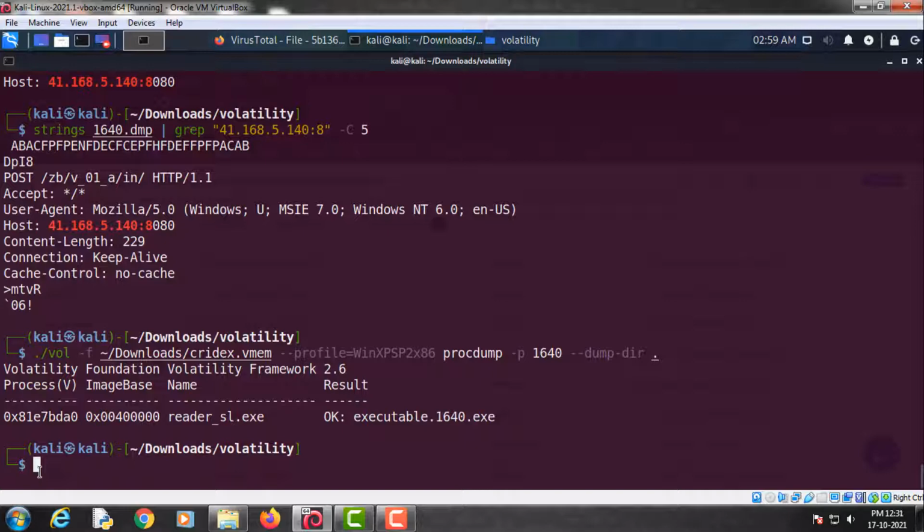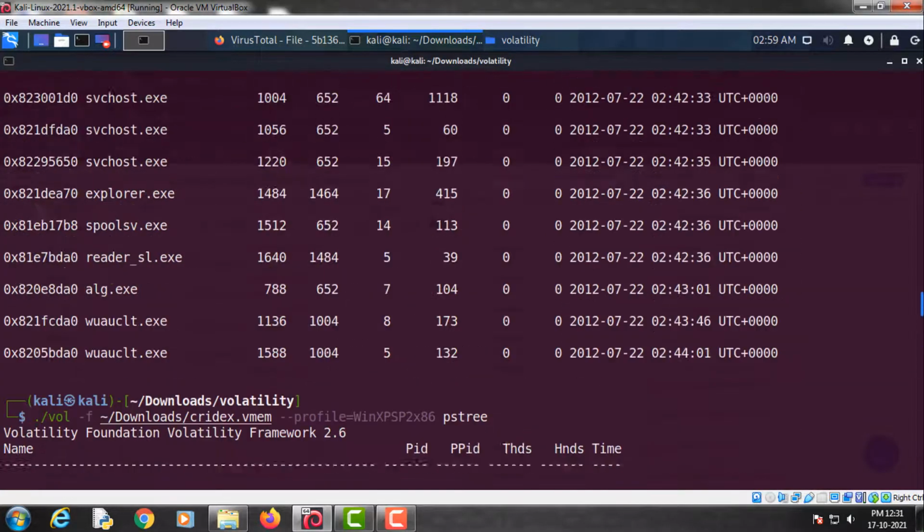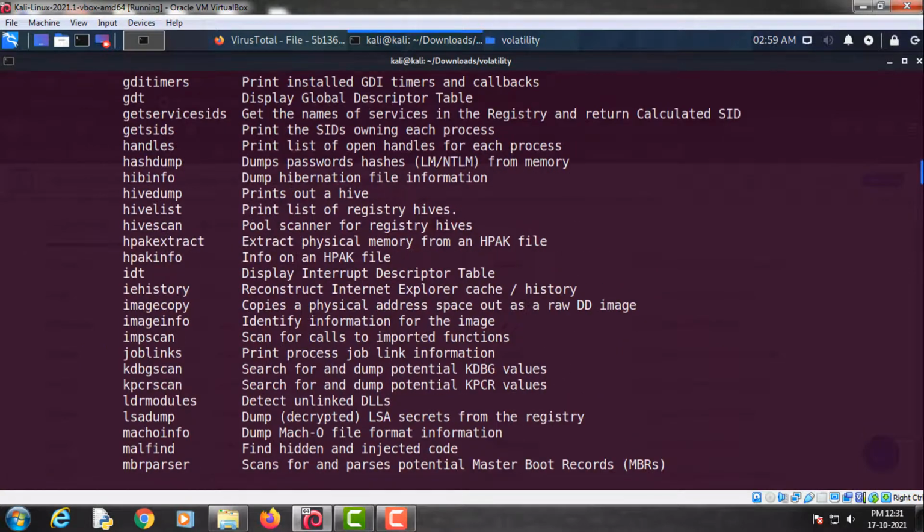So you can see the registry by this plugin, hivelist. You can find more information about it here. Print list of registry hives. So we can use this plugin here, hivelist.